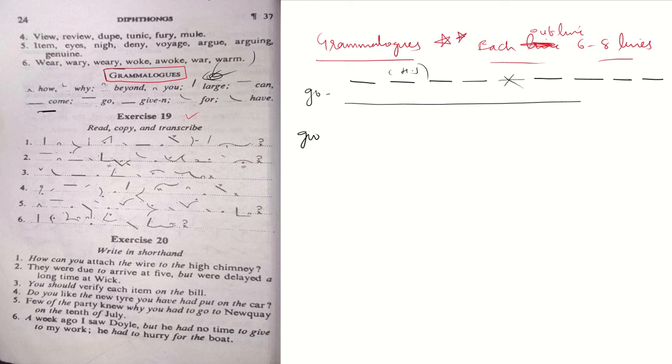Next we have "give" or "given". Whether you get given or give, for both of these words you have to use the same. Ge on the line, give, given, give, given. Likewise on the line.